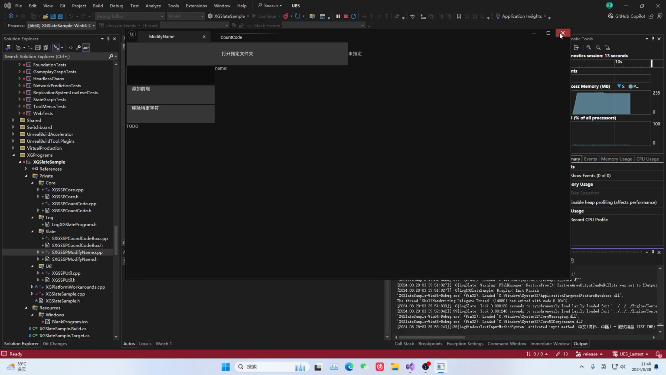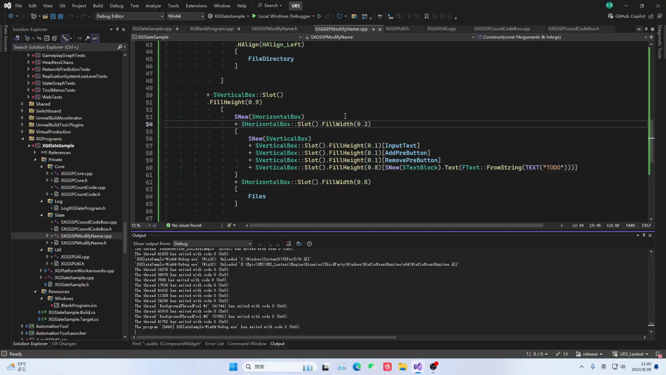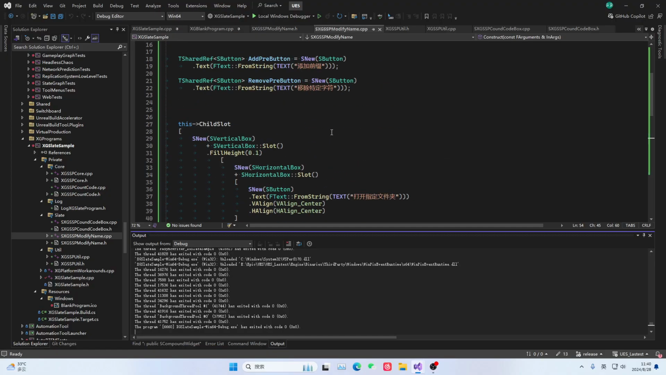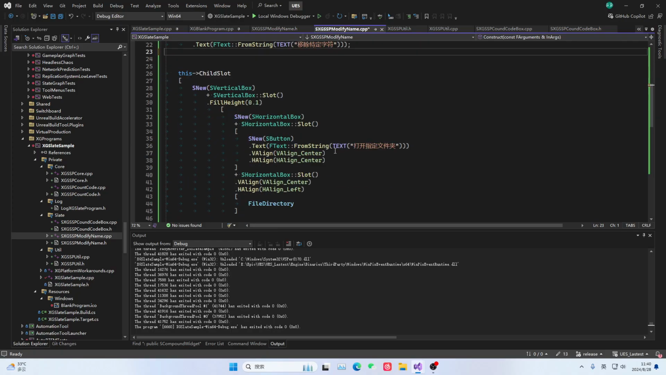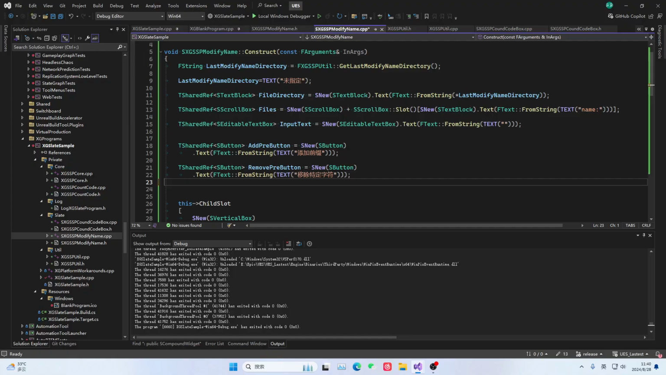Now we need to write the bones, write the underlying layer, and for the underlying layer, we'll just write it directly on the UI. Because first, it's easier for everyone to read and understand. Let's do the first UI first. That is the UI for opening a specified folder. So first, we need to